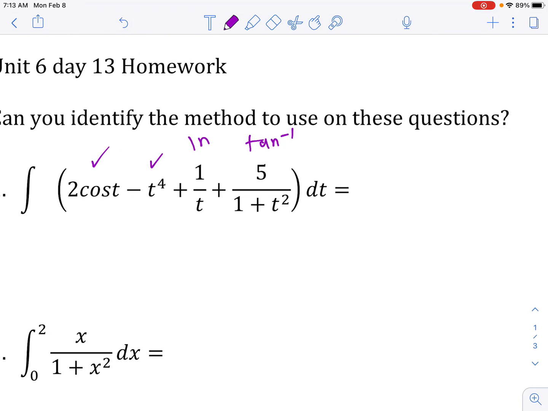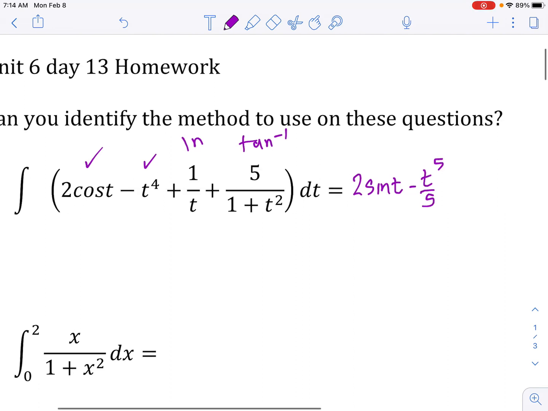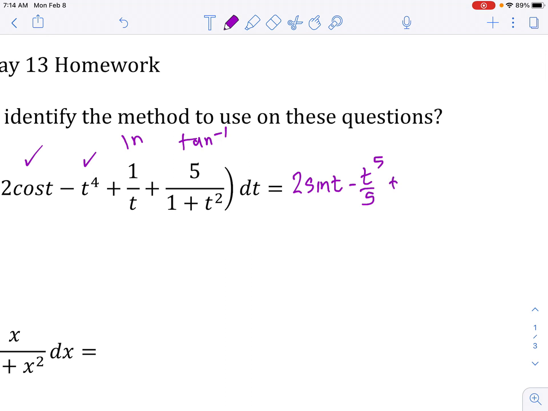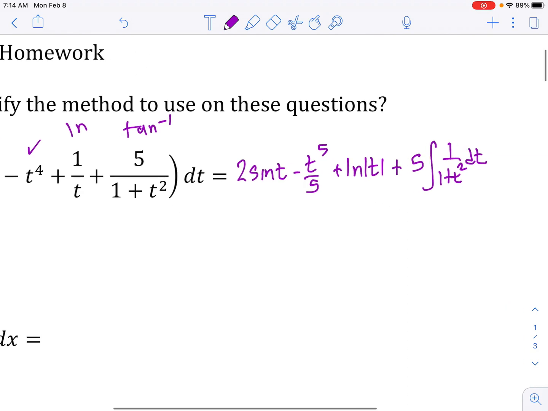So I'm going to do the first two right away. So this is going to be 2 sine t minus t to the fifth over 5 plus natural log of t in absolute values. And then now let's look at this last one. I'm going to factor out the 5, and I'm integrating 1 over 1 plus t squared dt. I just want to go over how we get the